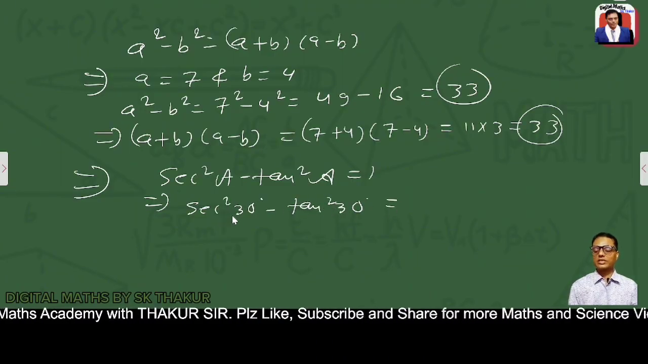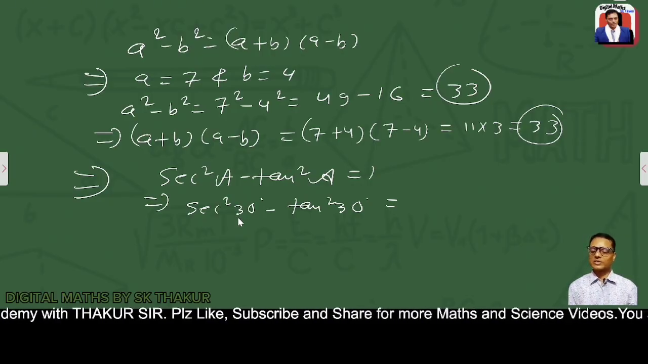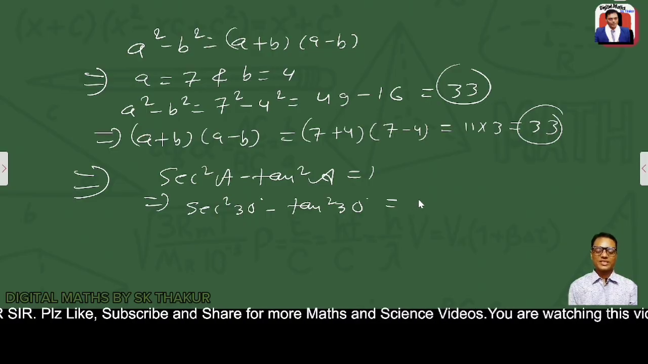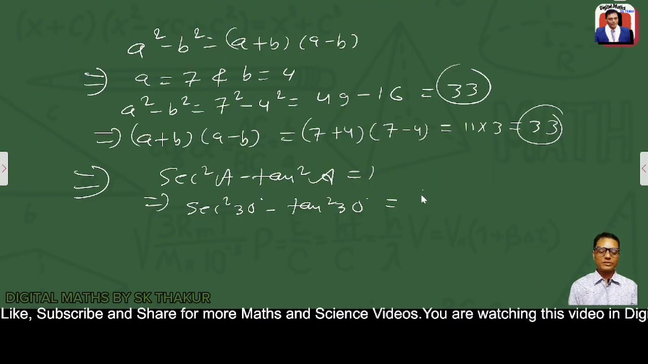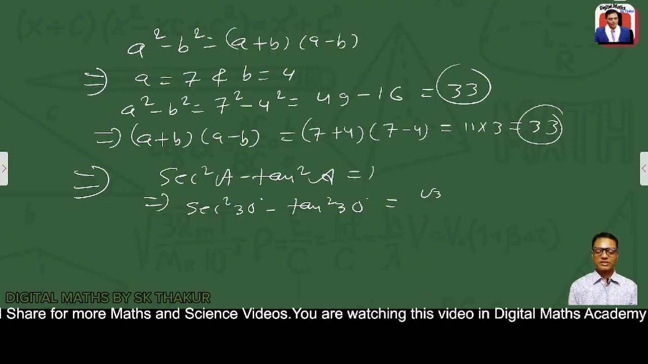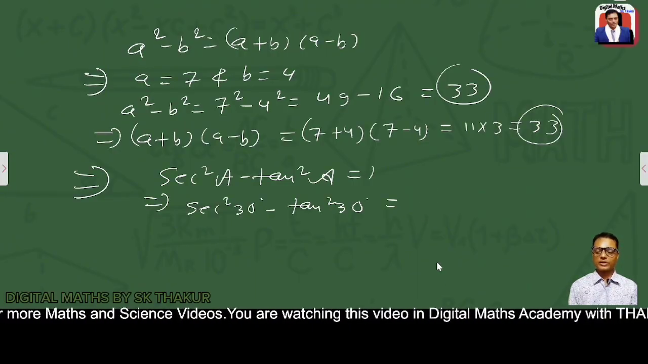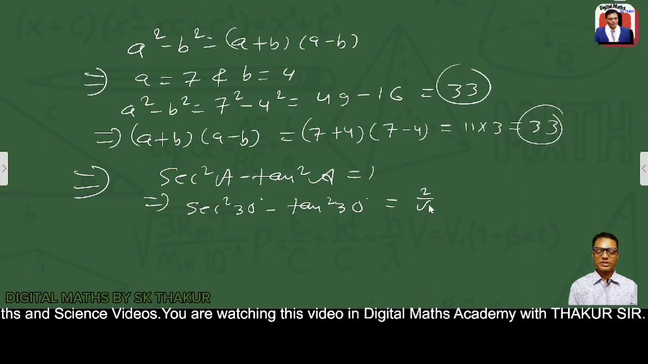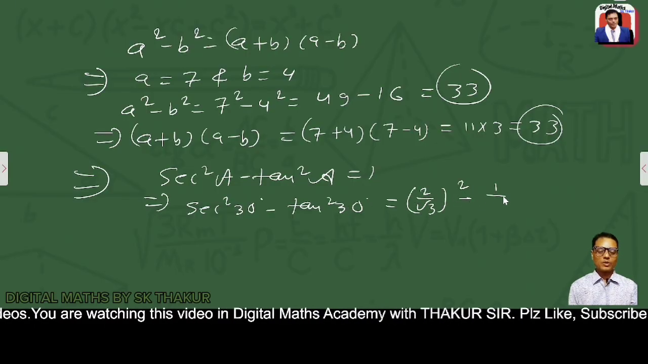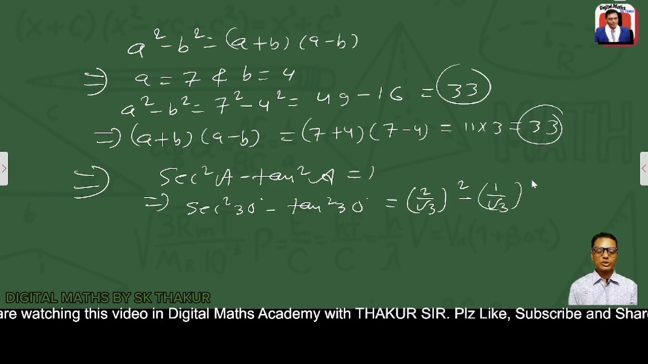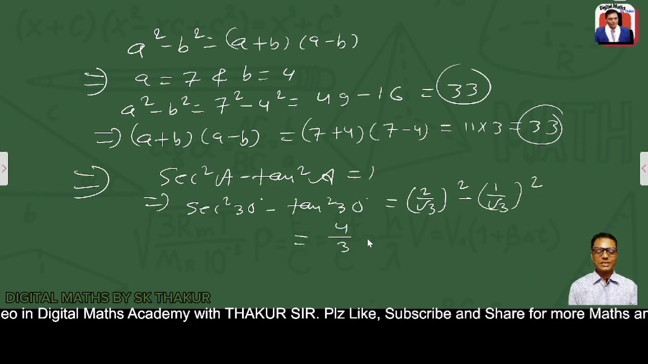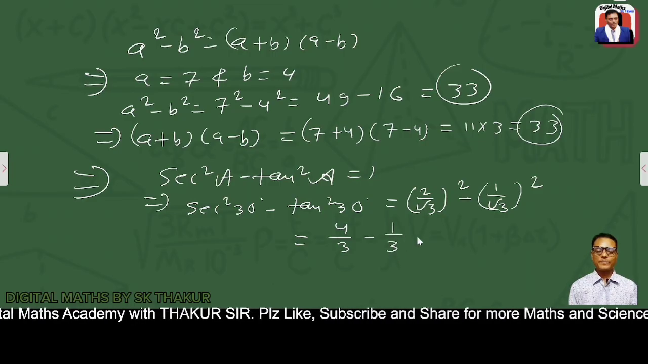So we have here sec square 30 degree. We are going to find out its value. Sec 30 degree means just the reverse of cos, so we can write here 2 by root 3, its whole square, and tan 30 degree means 1 by root 3, so we can write its whole square. When we simplify them, that becomes 4 by 3 minus 1 by 3,